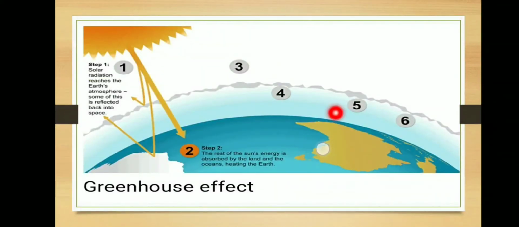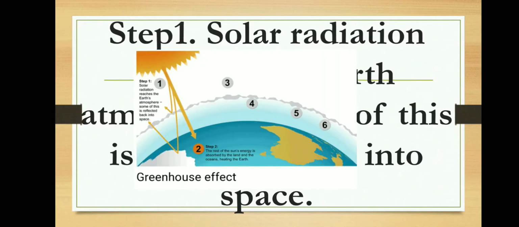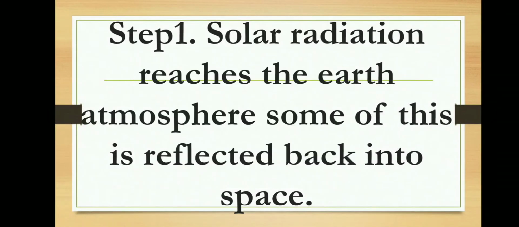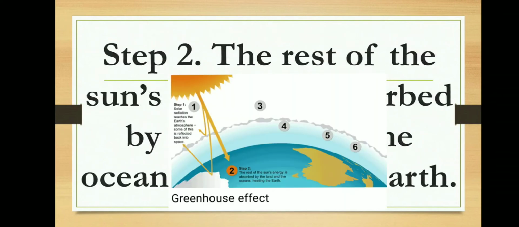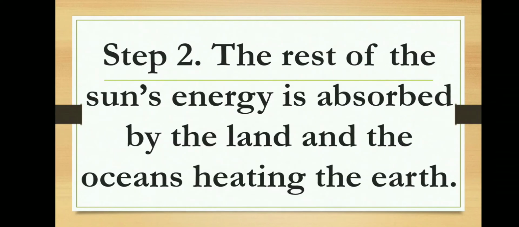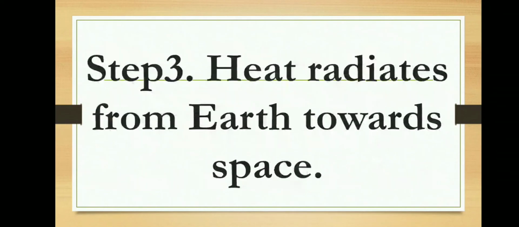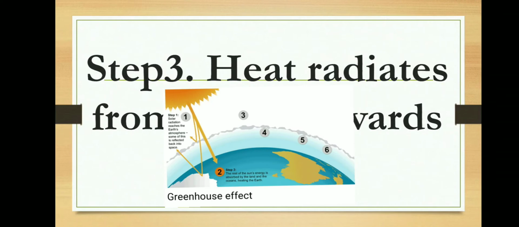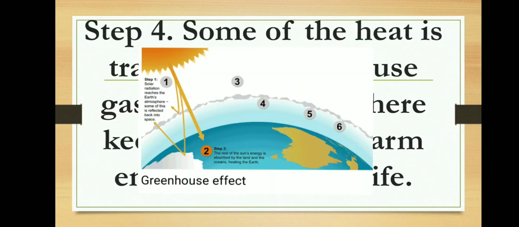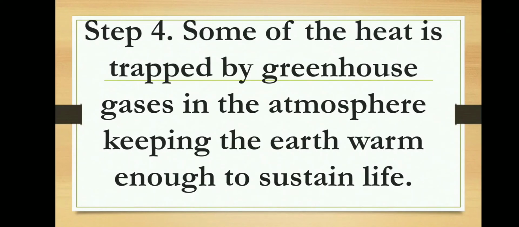We can understand this greenhouse effect in 6 steps. Step 1. Solar radiation reaches the Earth atmosphere. Some of this is reflected back into the space. The rest of the sun's energy is absorbed by the land and the oceans, heating the Earth. Heat radiates from Earth towards space. Step 4. Some of the heat is trapped by greenhouse gases in the atmosphere, keeping the Earth warm enough to